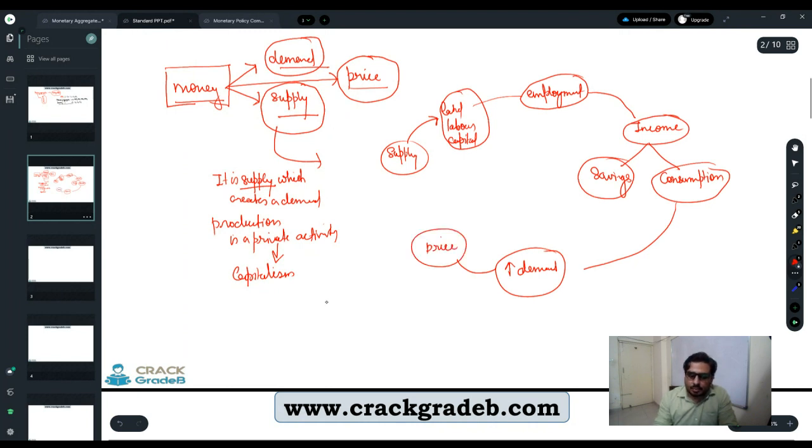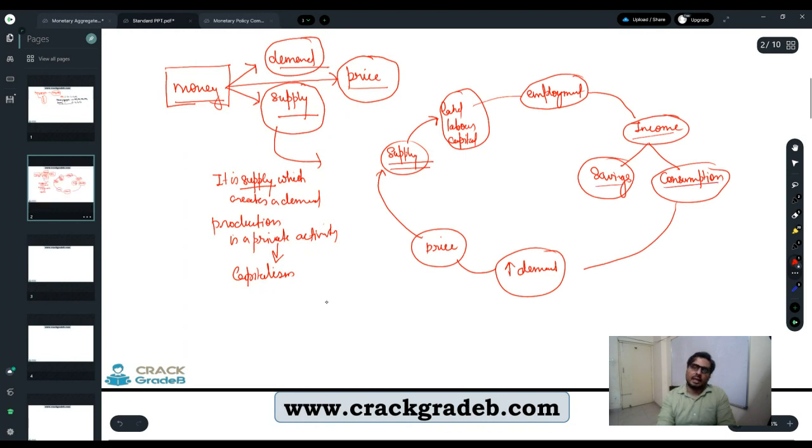And that increase in the price can be exponential or a small change in the price. If it is a small change in the price, then definitely it will trigger more production, because a slight change in the price means people are still capable of purchasing. And if the supply is going to increase, the income of those who produce is going to increase. Why? When they increase the supply, there will be an additional increase in employment, which is going to increase income,